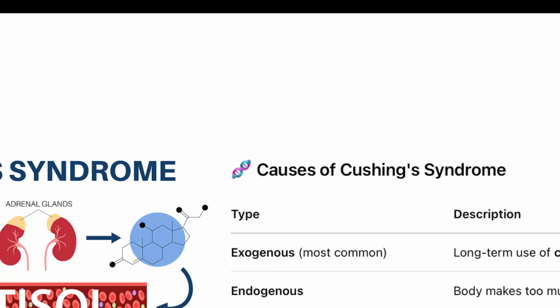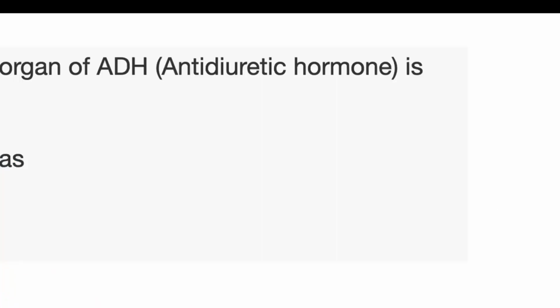If yes, then let's quickly move on to the 12th question of this session. The target organ of antidiuretic hormone ADH is dashed. Which is the major target organ of antidiuretic hormone ADH? Option A, spleen. Option B, pancreas. Option C, liver. Option D, kidney. Which of these is the target organ for antidiuretic hormone? Spleen, pancreas, liver or kidney?